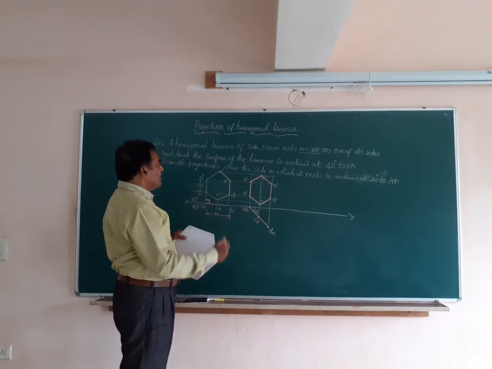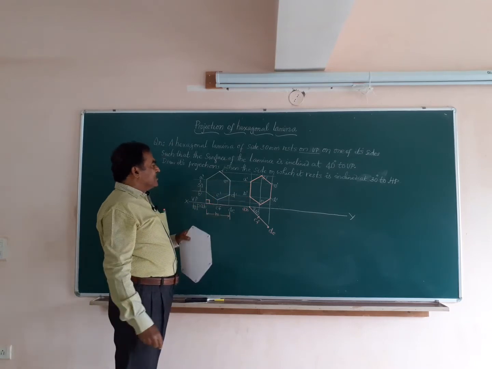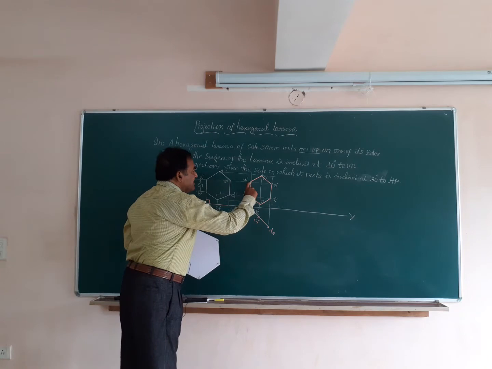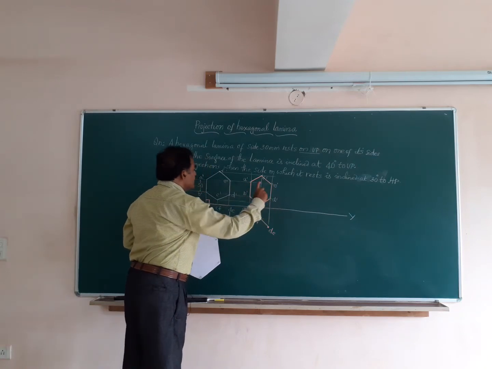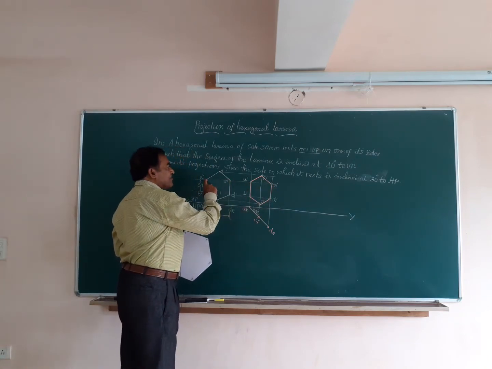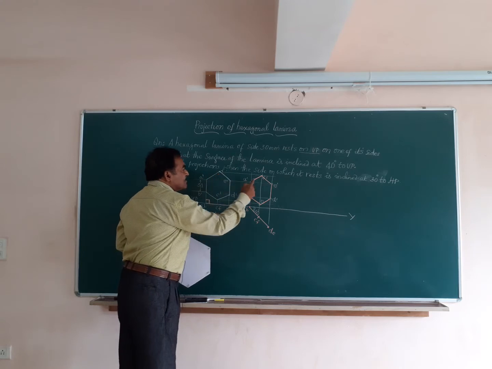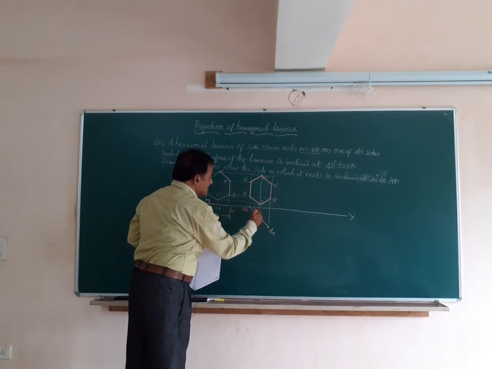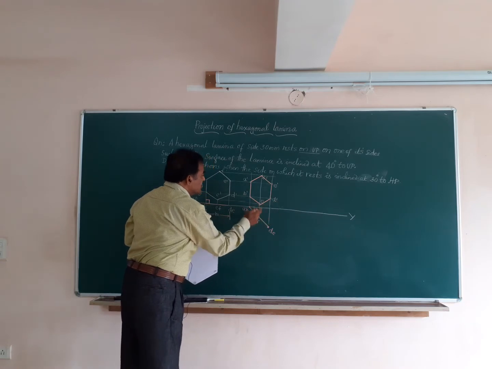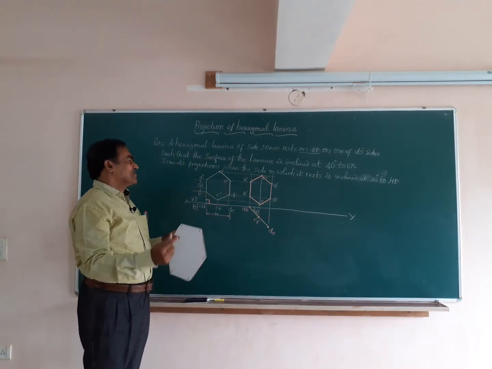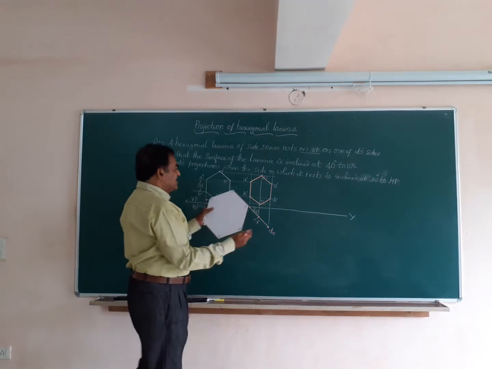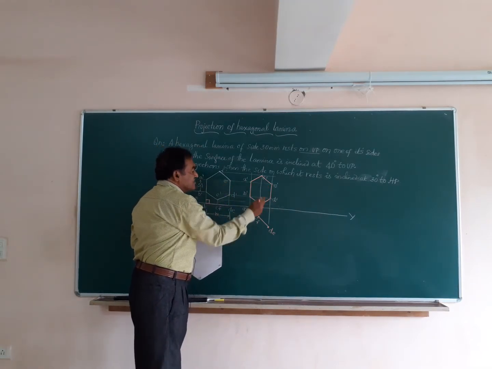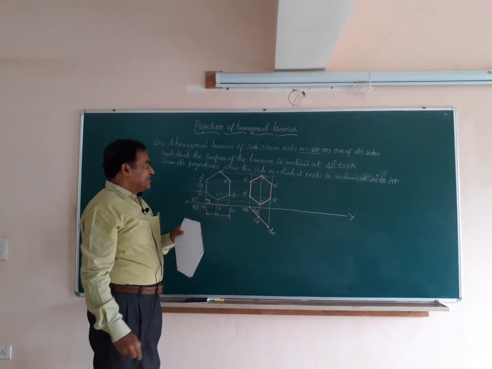Friends, if you compare these two figures, you can see here, friends, the vertical lines, that is A dash B dash, E dash D dash, will have the same dimension of 30 mm, whereas the other dimensions, namely A dash F dash, E dash F dash, C dash D dash, will have a reduced length because the surface is inclined to VP. Only the surface is, now it had so much width before, it is reduced because of the inclination with the VP.